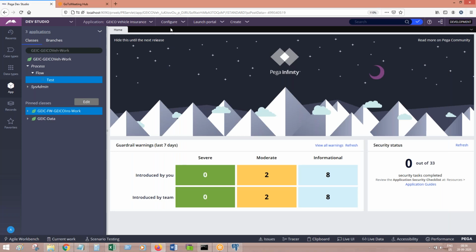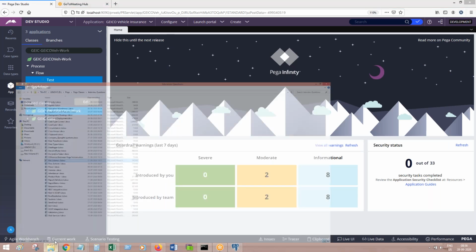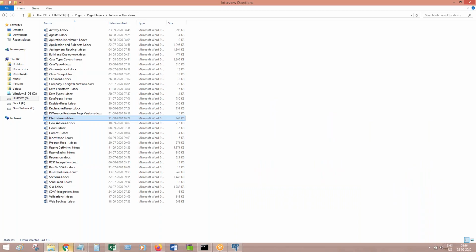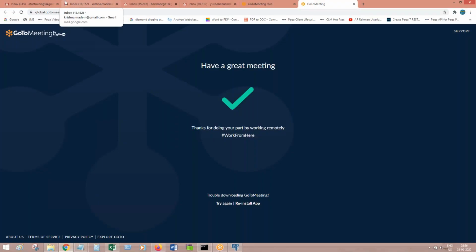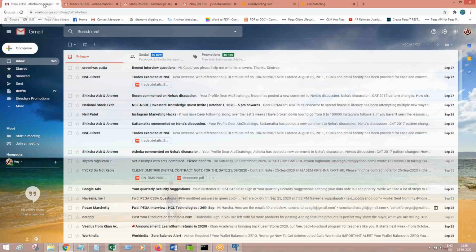Okay, makes sense everyone? For these 3, I will share the document now. Tomorrow I will tell you about work object status, that is transaction status. Further we can work on that.